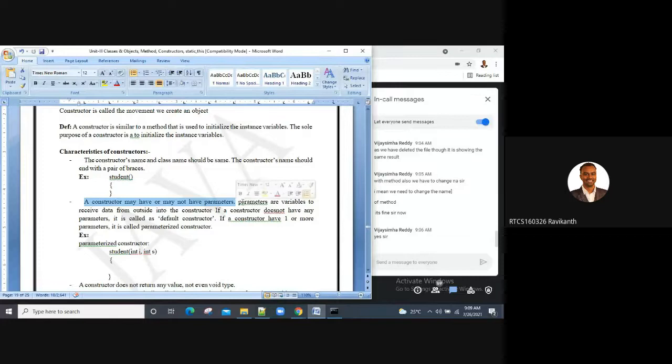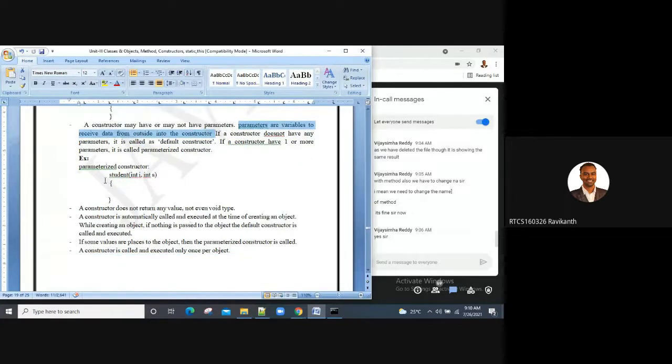A constructor with parameters is called a parameterized constructor, and one without parameters is called a default constructor. Parameters are the variables that receive data from outside the constructor. This is your parameterized constructor because you have two integer parameters. And please remember, a constructor does not return any value, not even void.